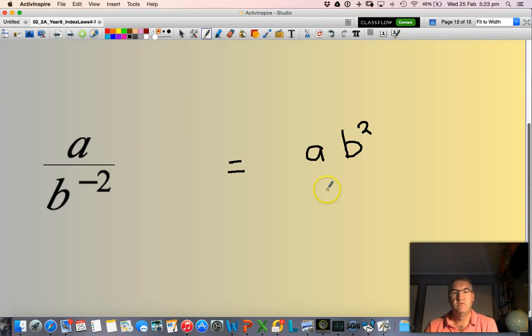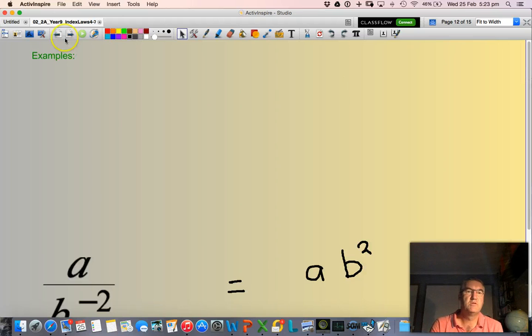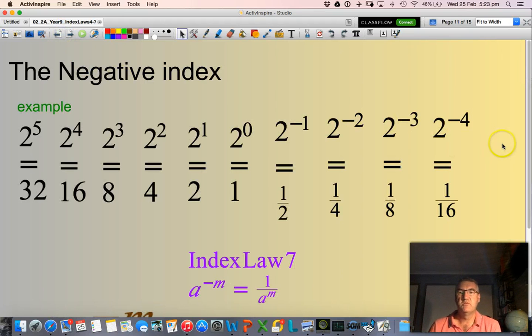Now, this is a little bit more complicated, but hopefully you've got a fairly good understanding of how to apply this. So let's just go back and recap the final law. So the 0 and the negative index, index law 7: any number raised to minus n, a negative index, is 1 over that particular